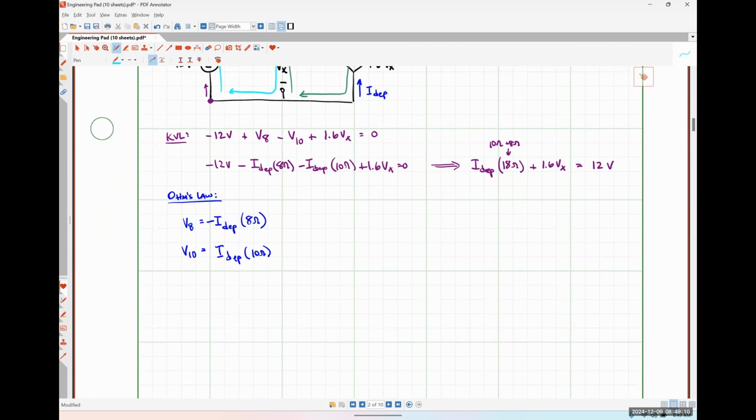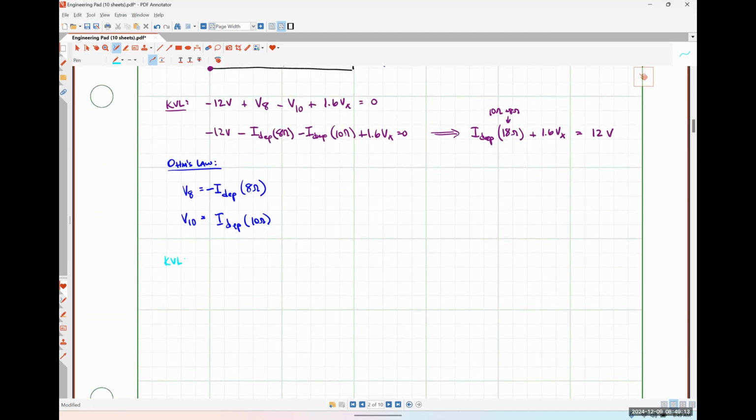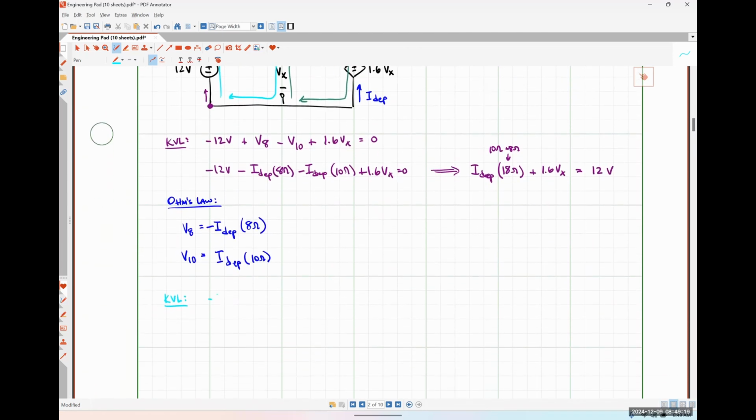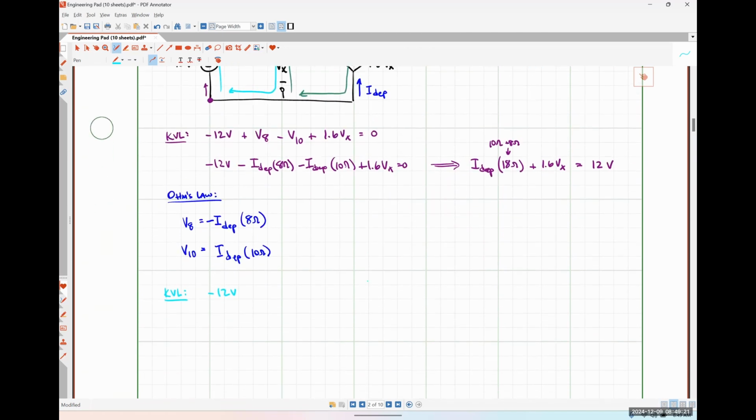So KVL around the blue path. So that's going to be negative 12 volts plus V8, where we know that V8 is negative I dependent times 8 ohms. So I'm just going to substitute that in there directly. Plus Vx is equal to 0. And rearranging this guy a smidge, we're going to have negative,